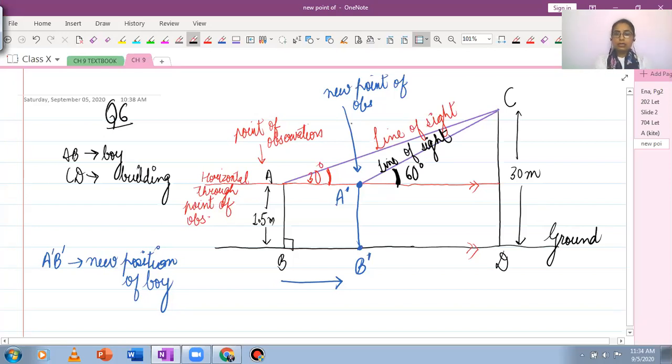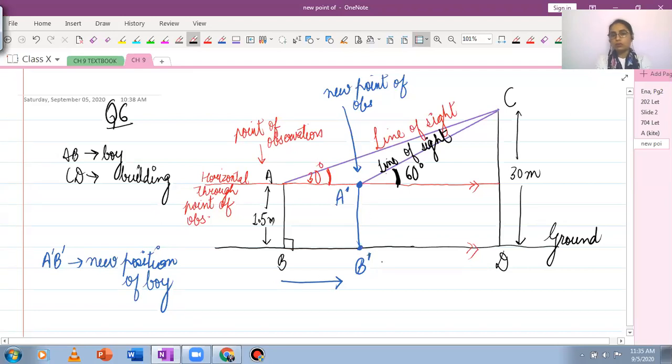Imagine yourself looking at any object from far away. Let us just say that if you are standing at a distance from your house and you're looking at the top of the house, then if you are looking from far, you will not have to raise your head so much. But if you are standing very close to your house and you have to look up, then you will have to raise your neck a lot, so the angle will become higher, bigger. Same thing is happening here. When the boy is standing at a distance, the angle was smaller, but as the boy walked closer towards the building, the angle became bigger.